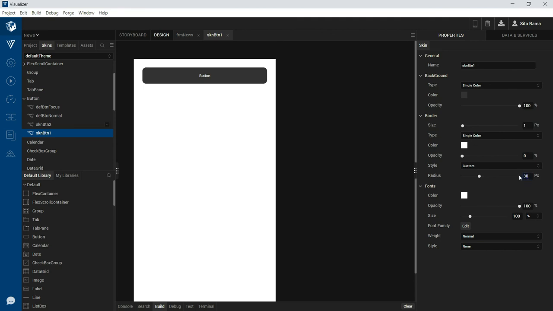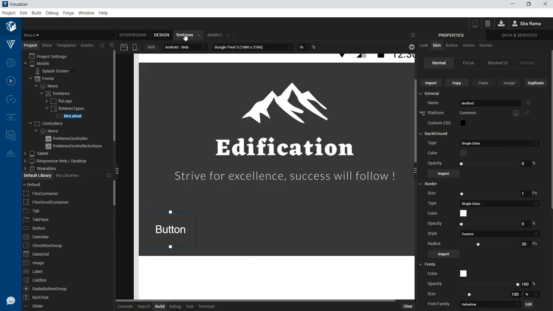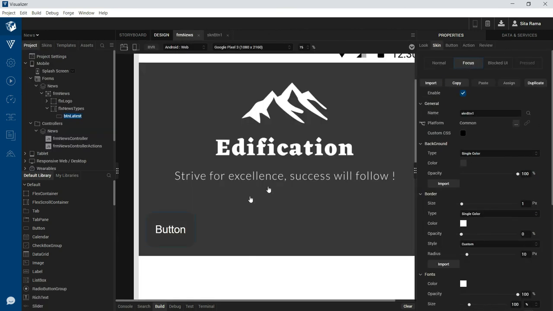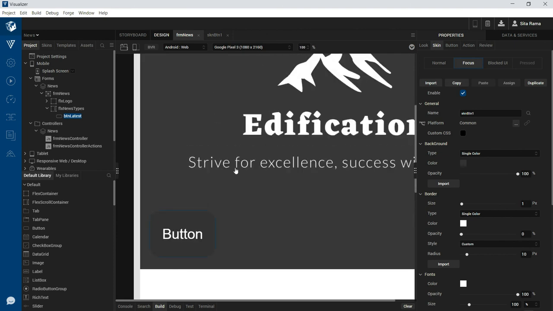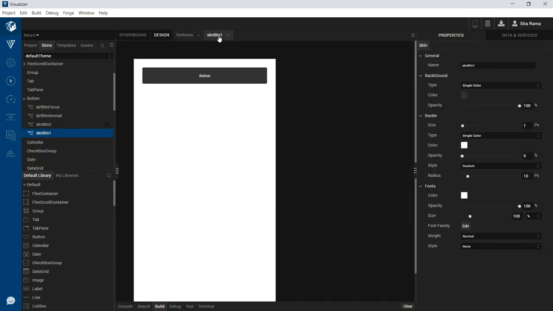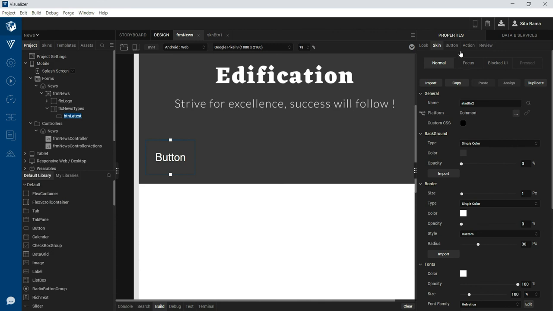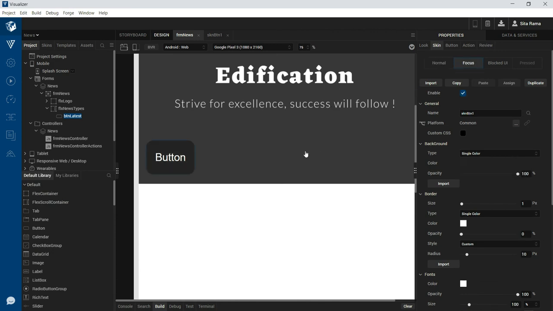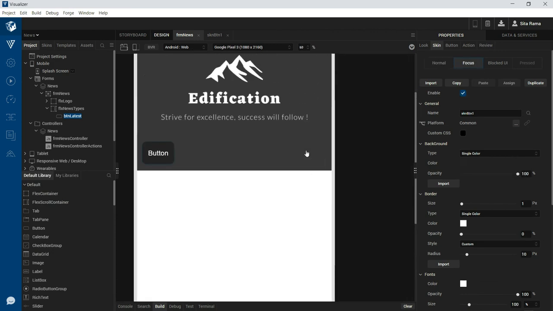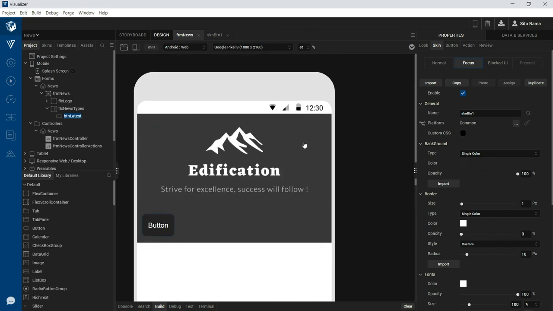Let us also change the border radius and the background color for the skin so that it will look near to the mockup screen that we have looked at. So I am changing the background color, so that the skin looks better. Let's change the text that we want to display as part of this button.